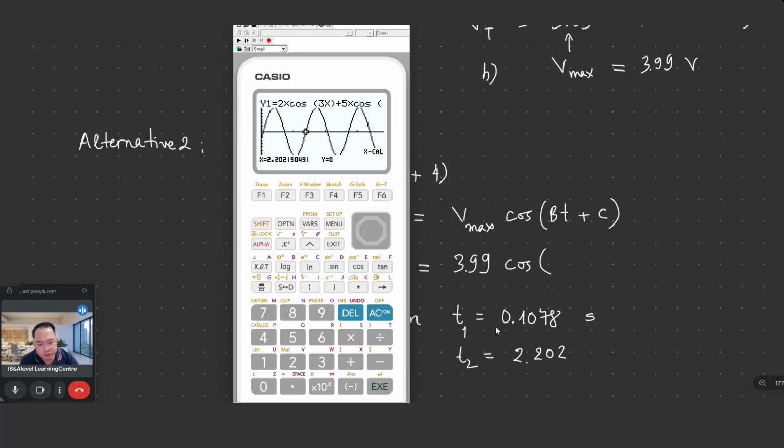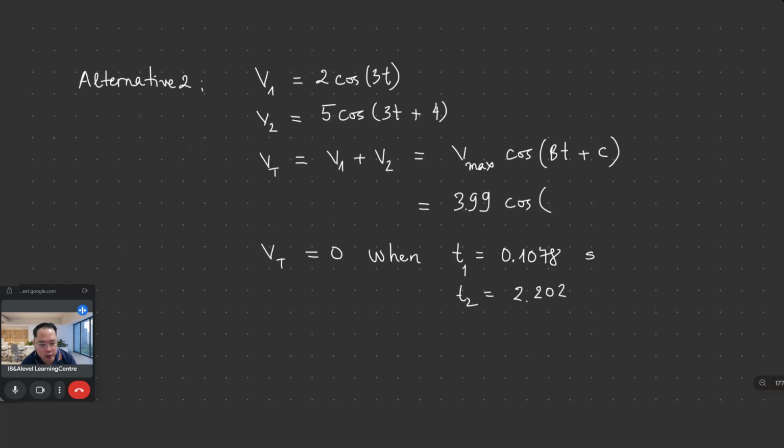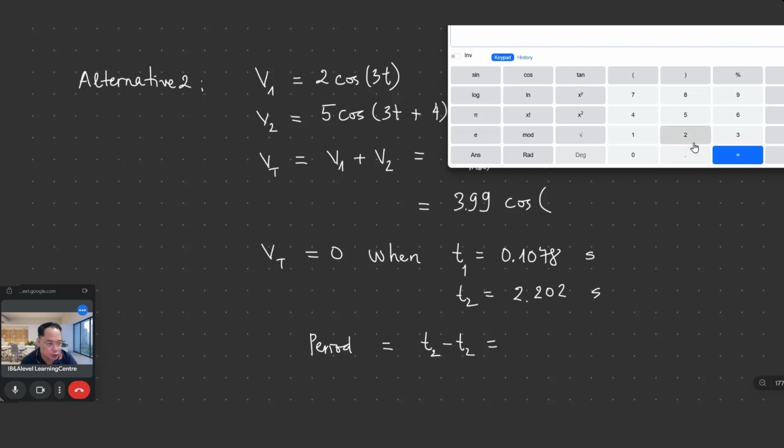So the difference between T1 and T2: T1 here is like the starting point of the function, and then at T2, 2.2 seconds, it returns to that point, which means the period is the difference between these two numbers, T2 minus T1, 2.202 minus 0.1078. So this is the period, 2.0942